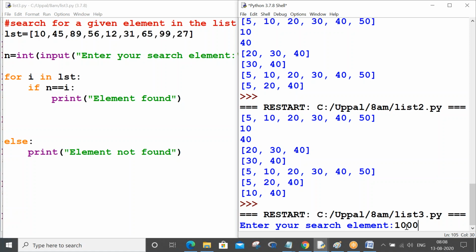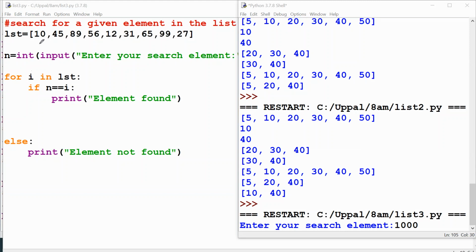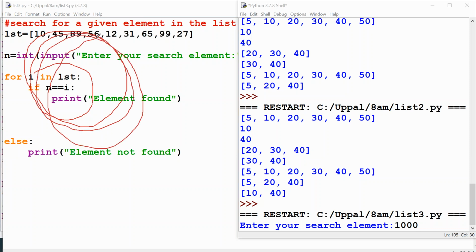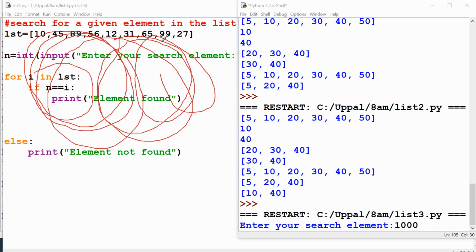Sir, in the for else concept, show me a case where only else should get executed. After your for loop finishes executing, the first time i is 10. 10 is not equal to the given number, 45 not equal, 89 not equal, 56 not equal to the given number, because 1000 we are comparing with every element.